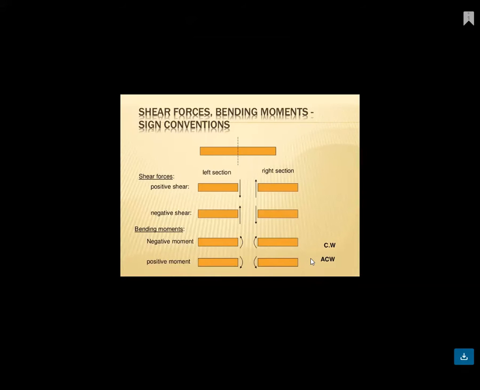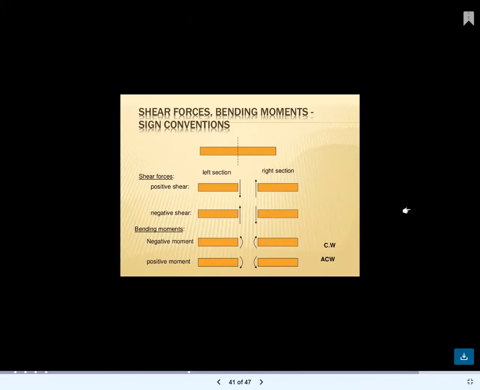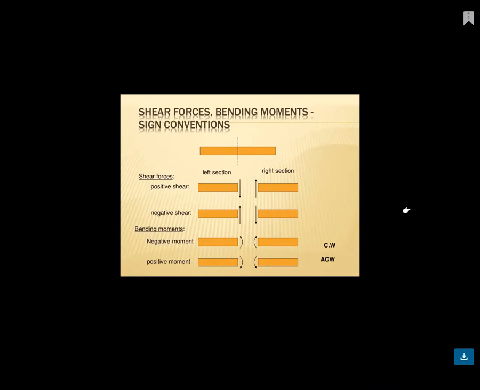Here you can see in a diagram the shear force, positive shear for the left section and right section, and negative for the left and right sections, arrow convention. From these, the clockwise movement on the left of the section or anti-clockwise movement on the right of the section is considered as a positive bending moment, or you can call it a sagging bending moment. It means an upward force on either side of a section of beam tends to bend the beam so that it produces convexity above the center line, which is called a sagging bending moment.